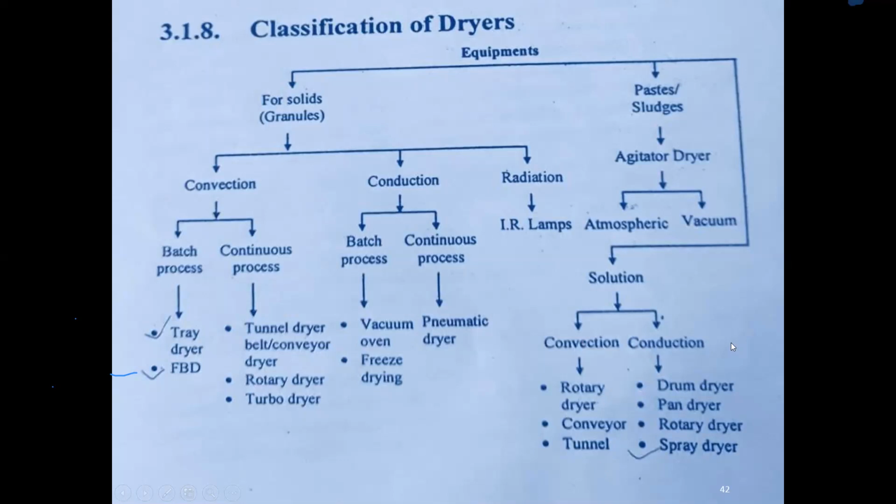But in the conduction process, we can use a drum dryer, pan dryers, vacuum dryers, rotary dryers or spray dryers. All of these use vacuum, and that's why it is called a conduction process. So during the drying, you consider the different